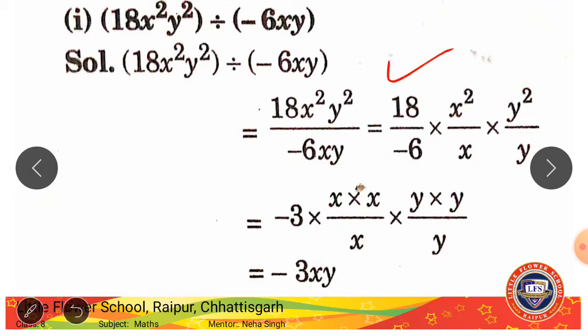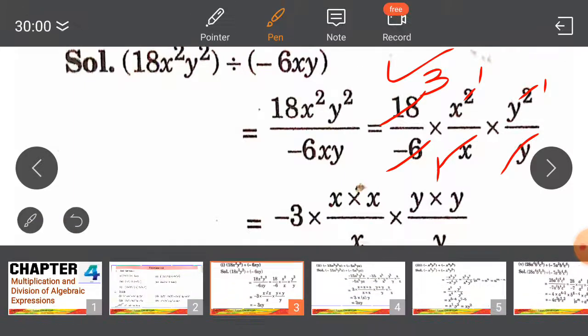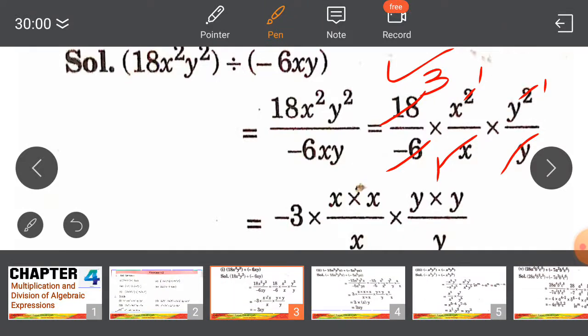Why are we doing this step? We are doing this step because then it becomes easy for us to solve and to cancel. Like see here, I can cancel the numbers here. 6 ones are 6, 6 threes are 18, right? And from here 1x and 1x can get cancelled, only x will be left. And here 1y and 1y will get cancelled, y will be left.